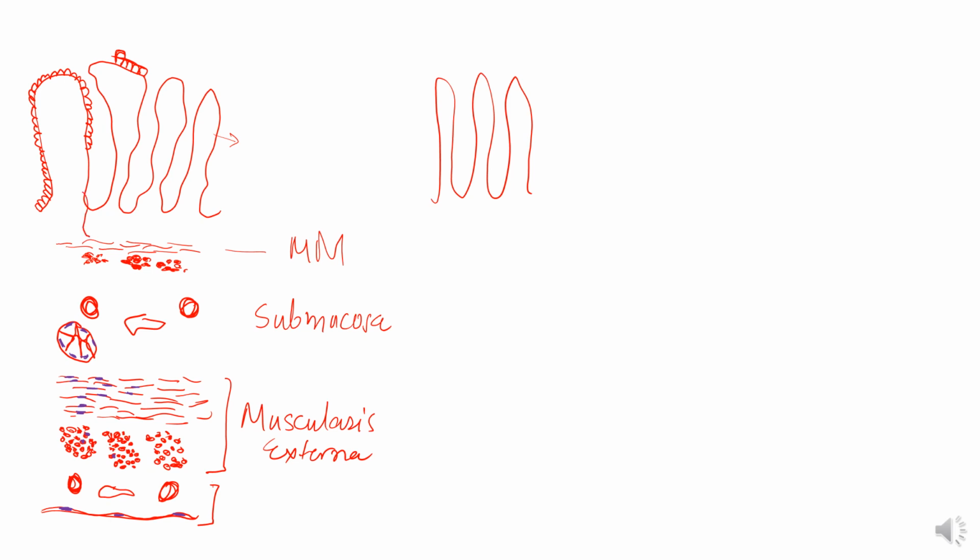One mistake students often make is that when they draw the villi, they forget to make the intestinal glands, which are the invagination of the epithelium here. So please don't forget to make the intestinal glands in the lamina propria while making the villi. So this is a little bit about the idea of how to draw the section of the small intestine.